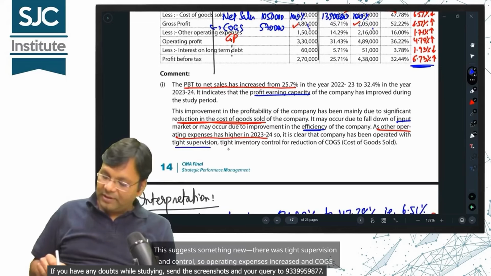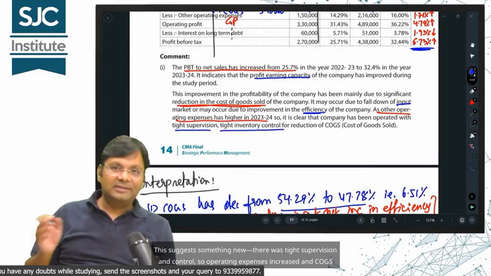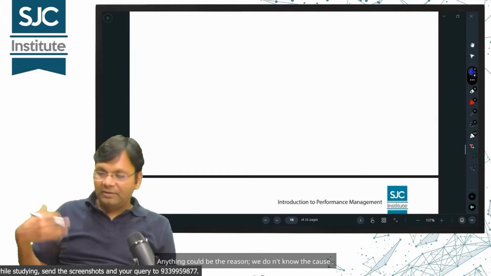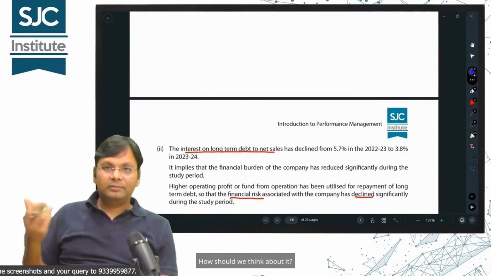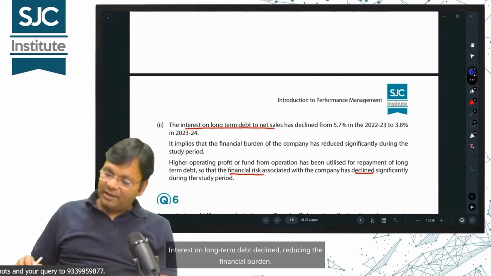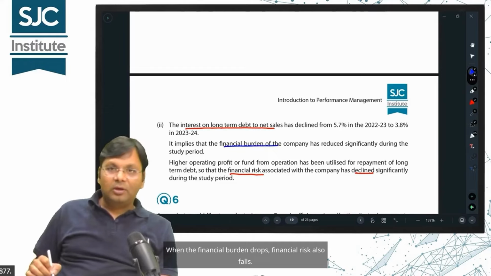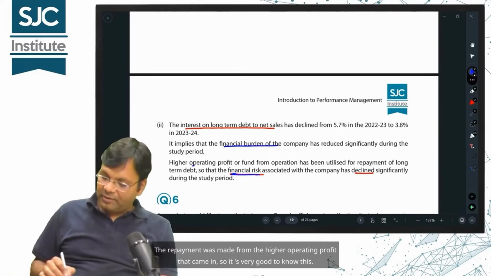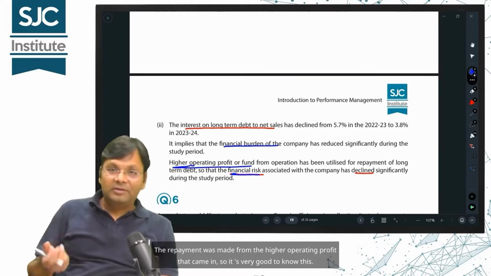This suggests something new. There was tight supervision and control, so operating expenses increased and COGS decreased. Anything could be the reason, we don't know the cause. How should we think about it? Interest on long-term debt declined, reducing the financial burden. When the financial burden drops, financial risk also falls. Where was repayment made? The repayment was made from the higher operating profit that came in, so it's very good